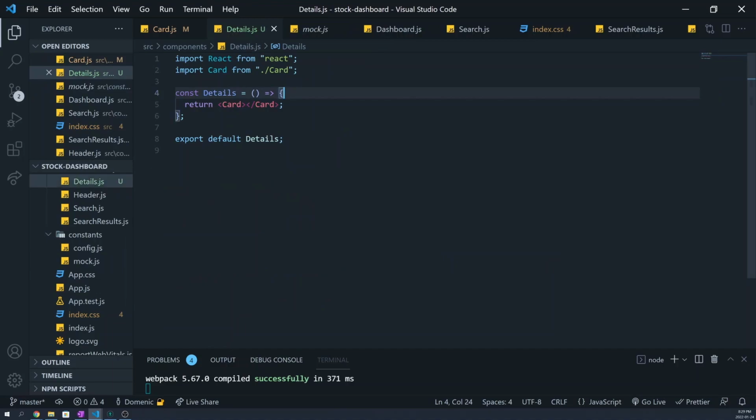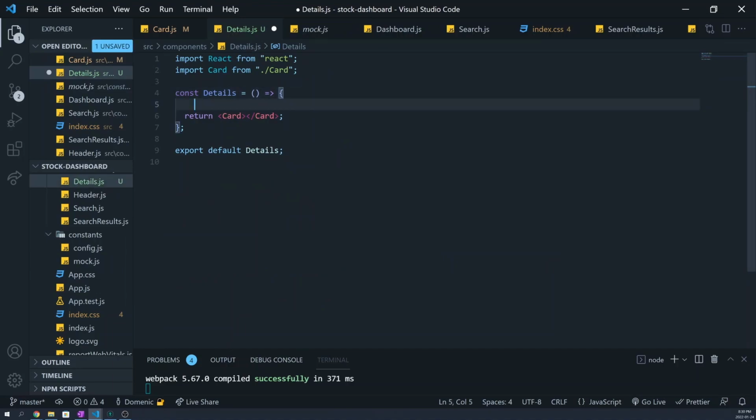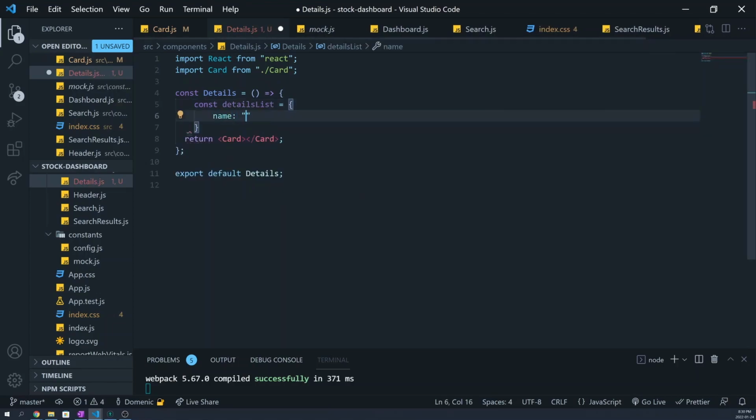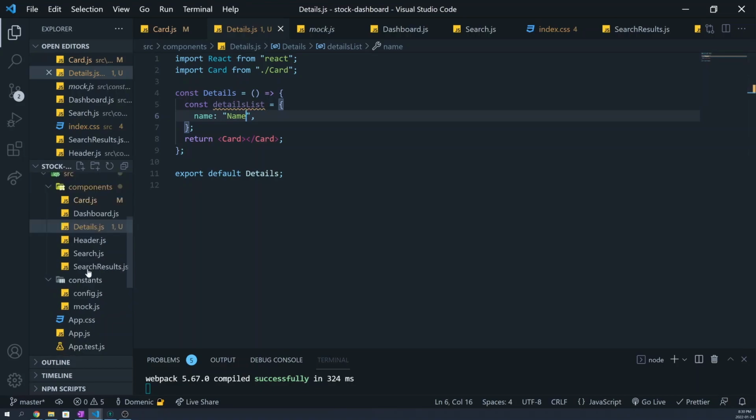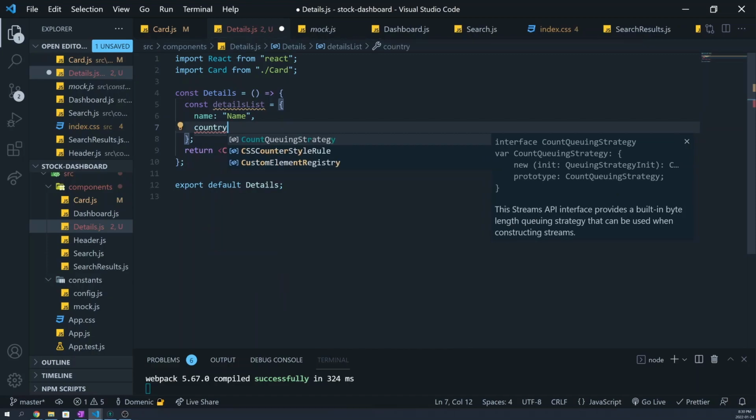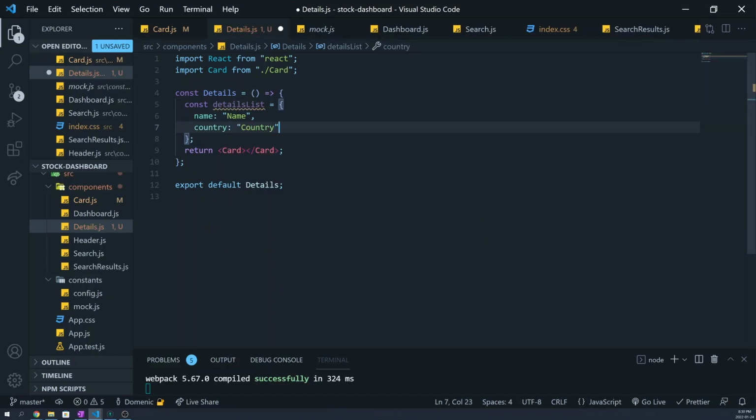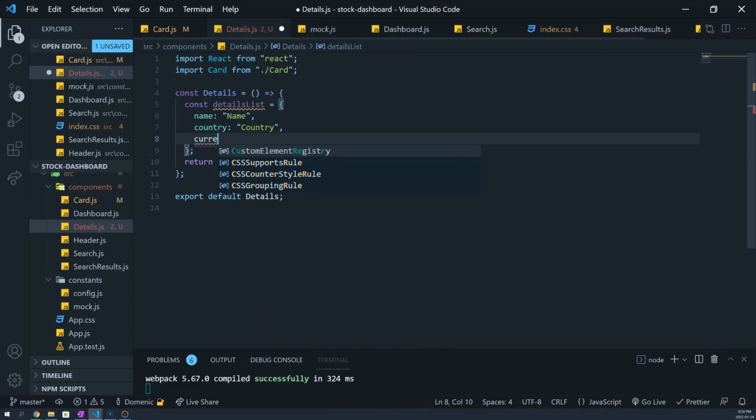And now our details, let's create an object of the ones we want to include and how this will be formatted. So for instance, we'll call it const details list. And all the keys we'll include are the ones that we want to have inside the details. For the value, this will be how we'll format it, basically how we'll display it to the user. We'll have our name, country, we'll have the currency,